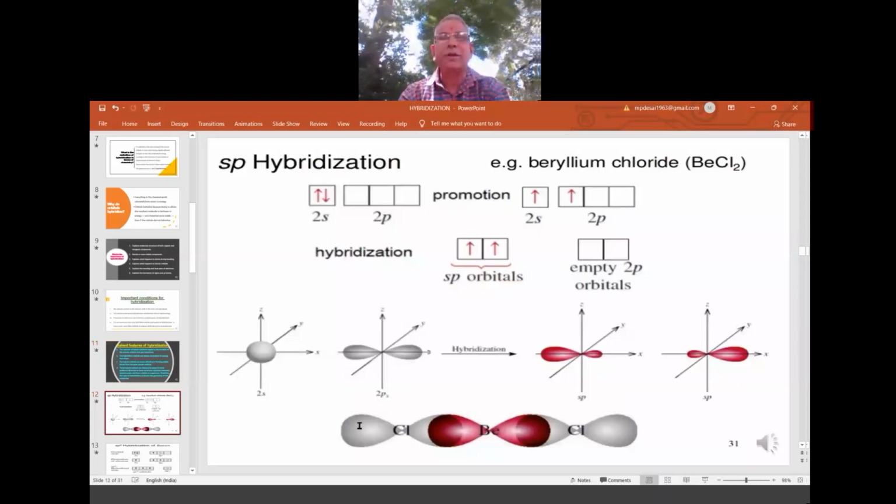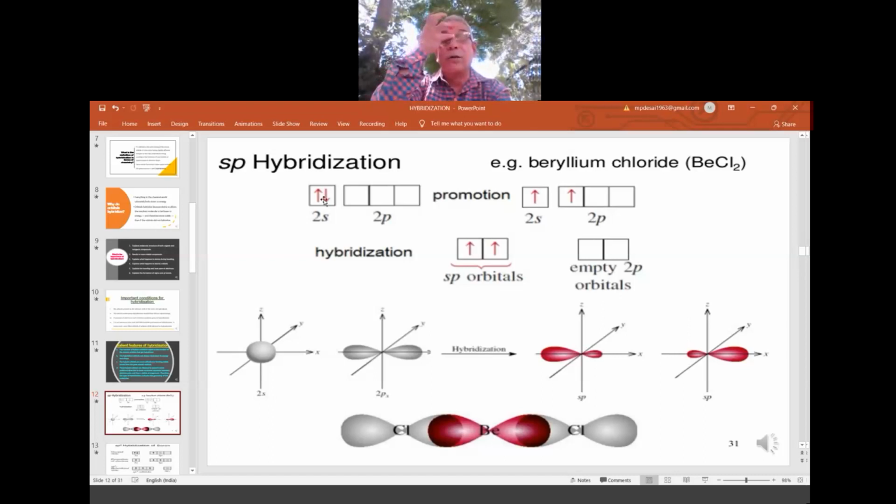See here. Now I have taken an example of SP hybridization. One S and one P are mixing and going forward: SP hybridization. To explain this SP hybridization, I have taken beryllium chloride as an example, because we have to take some example, then only it is easy to understand. So by taking beryllium chloride, BeCl2, let us understand what SP is, how SP hybridization happens. Beryllium has atomic number 4, 1s2, 2s2. I have not taken 1s2 here because 1s2 is inner. It will support only valence electrons, I told you.